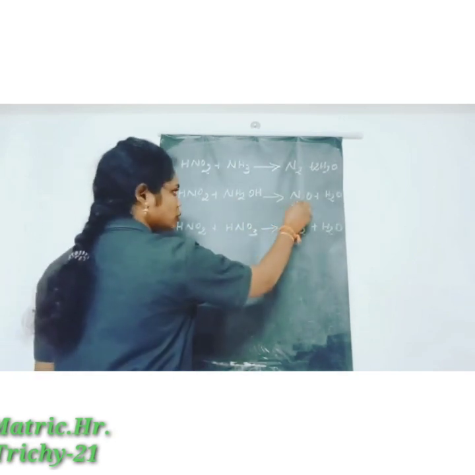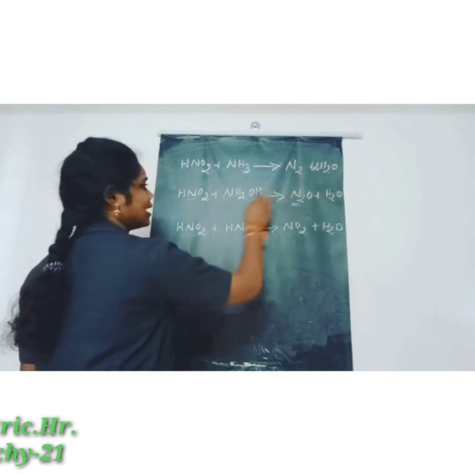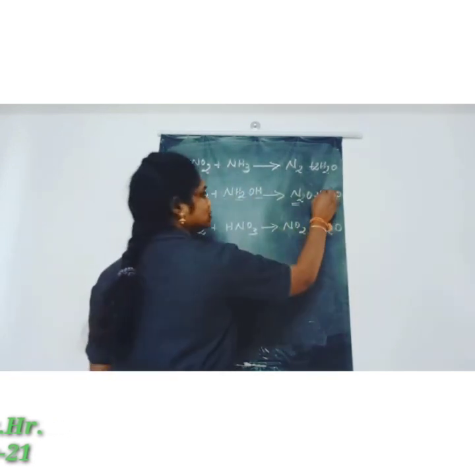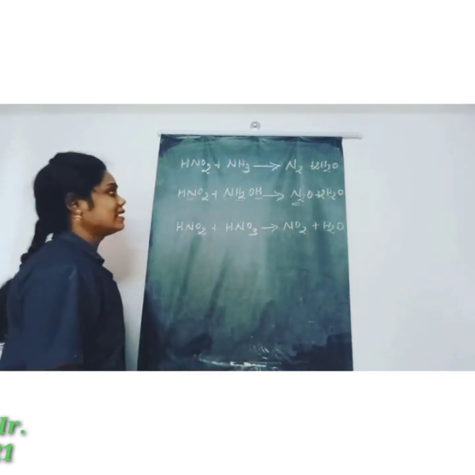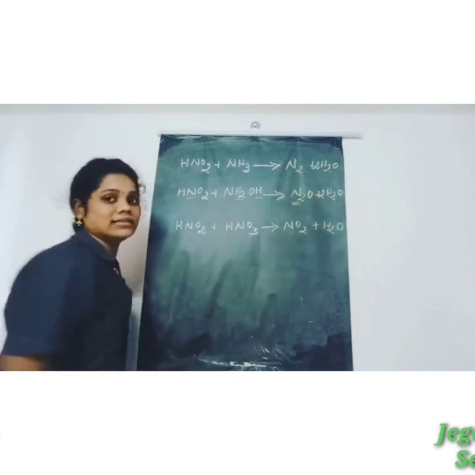So here N is 2 times. So in the equation N is 2 times. And hydrogen here is 2 times. But here hydrogen is 2 plus 1, 3, 3 plus 1, 4. So here 2 times means 2 2s are 4. And oxygen molecules 2 plus 1, 3. So here also 2 and 1, 3.